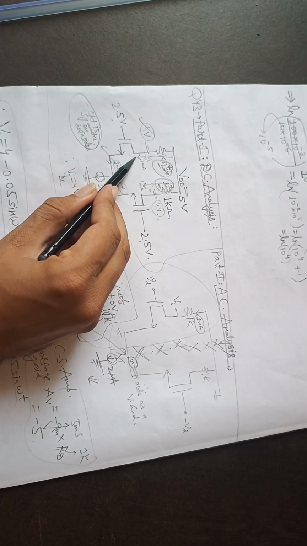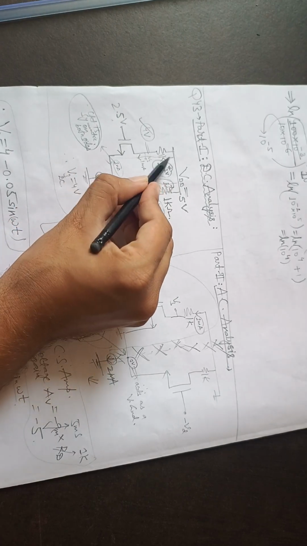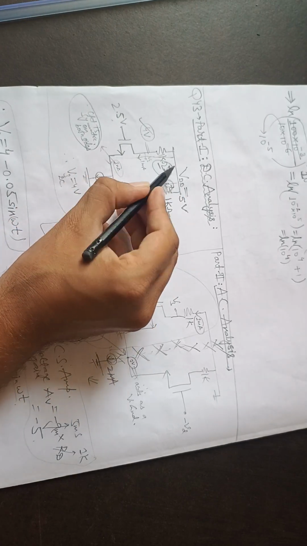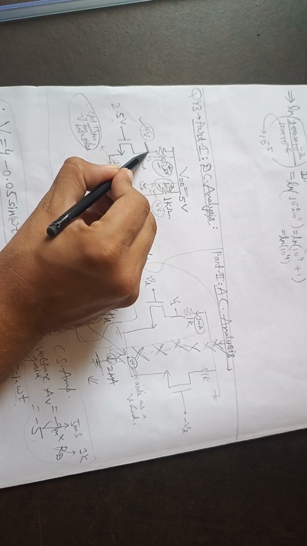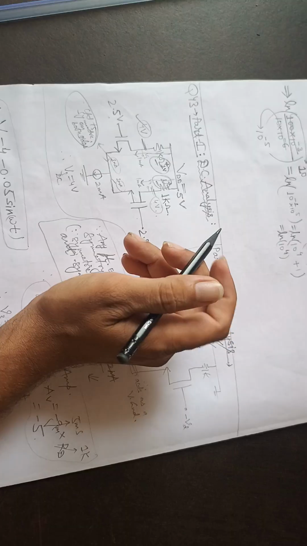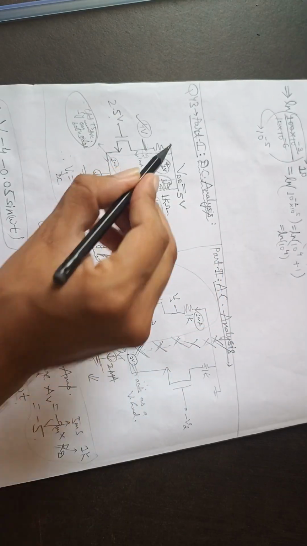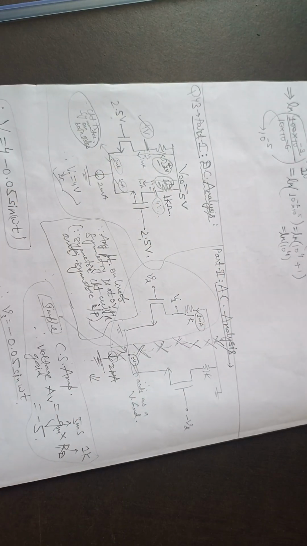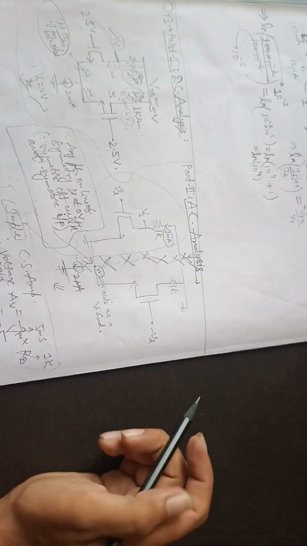So this 1 milliampere is coming to this side, so 1 milliampere will make a drop of 1 volt here, so this part is 4 volt. Similarly, this part is also 4 volt. So V3 has a DC value of 4 volt. And when we do the AC analysis, then